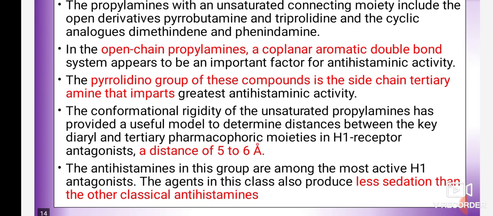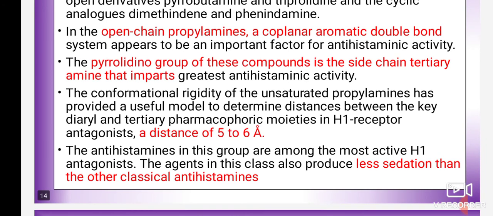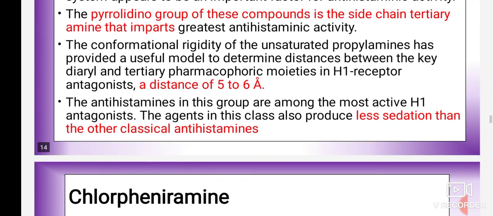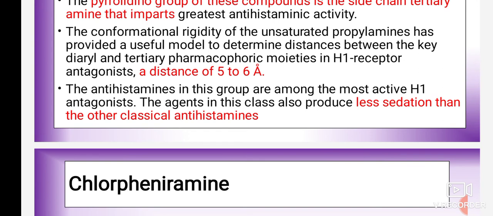A coplanar aromatic double bond system appears to be an important factor for antihistaminic activity. The pyrrolidino group on the side chain tertiary amine of these compounds imparts the greatest antihistaminic activity. The conformational rigidity of the unsaturated propylamine has provided a useful model to determine the distance between the